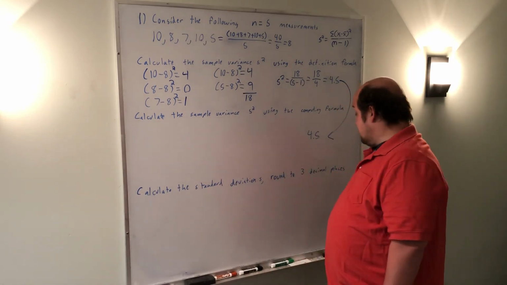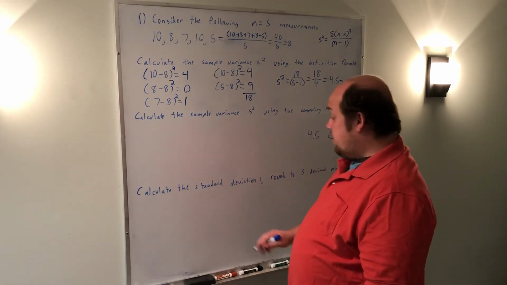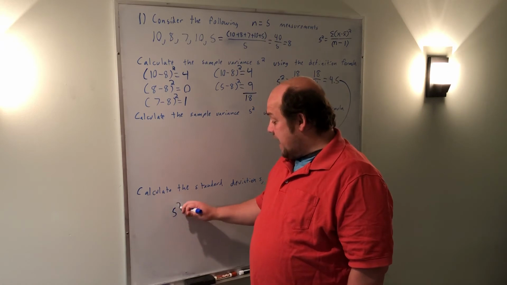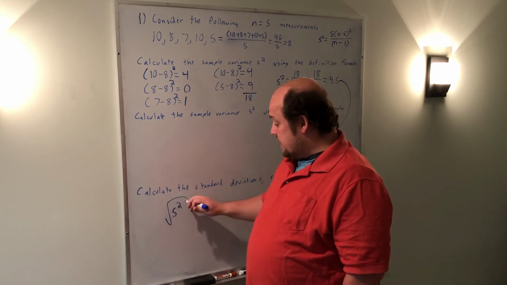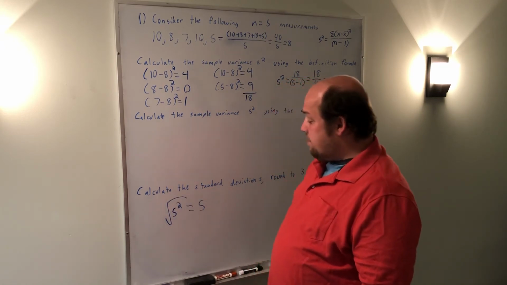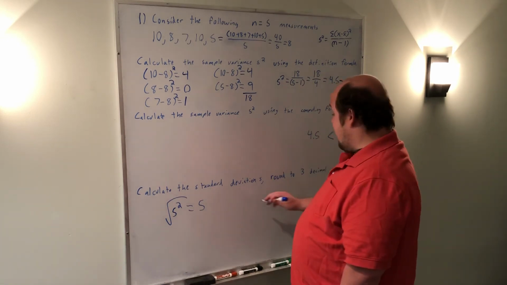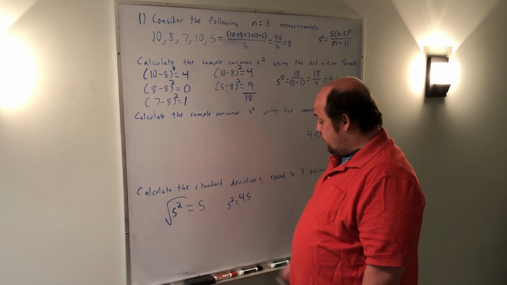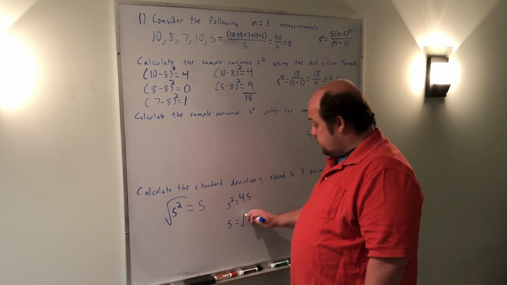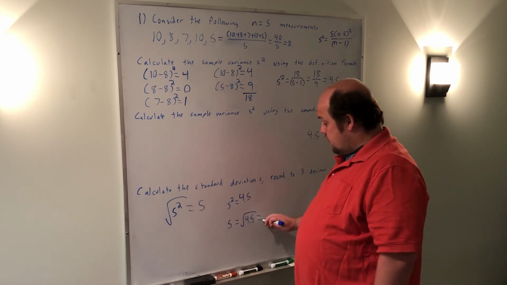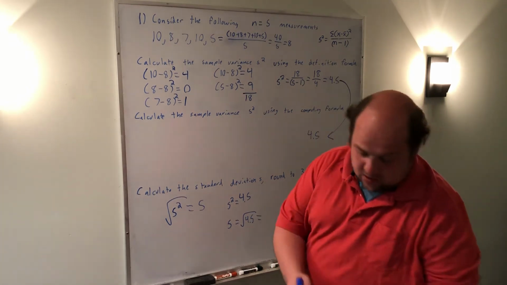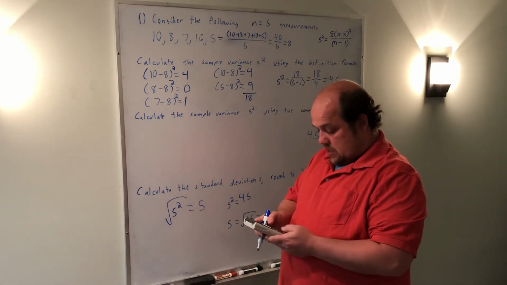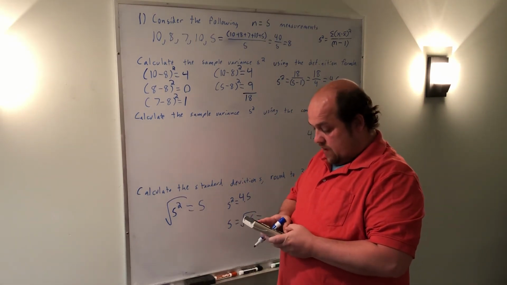When I now am asked to calculate the standard deviation, basically all that means is we have s squared. If we take the square root of it, we can get back to s. So we have s squared is 4.5. If s squared equals 4.5, then s equals the root of 4.5. When I put that into my calculator, it says that the root of 4.5 is